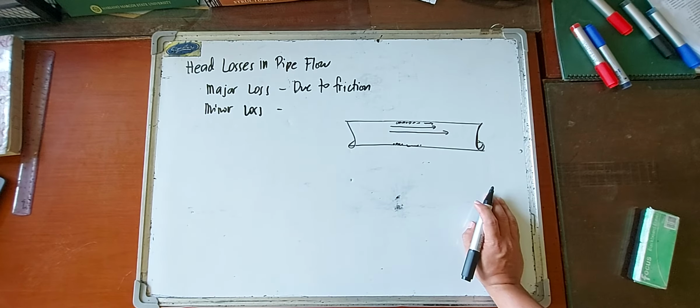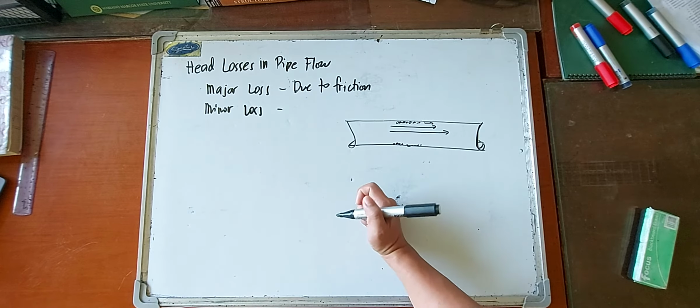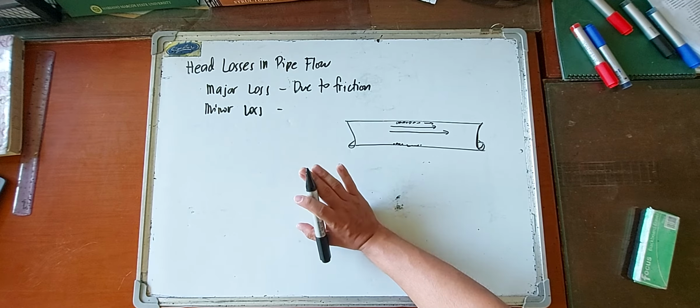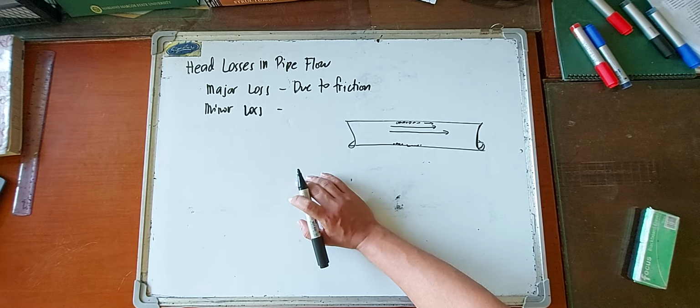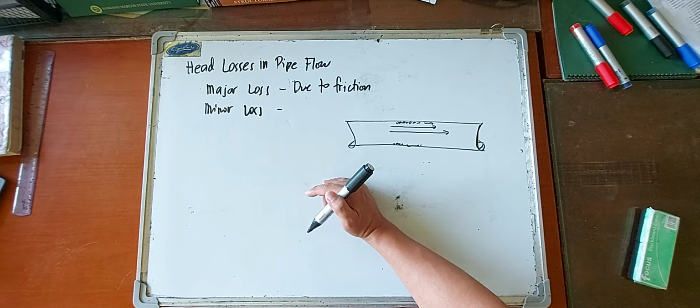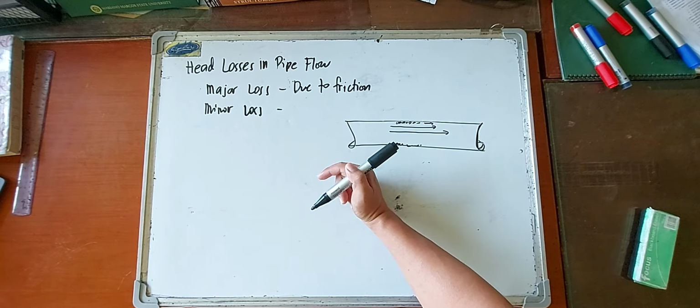So in the study to determine the loss governing the loss of head due to pipe friction, it has been observed that the resistance to flow is, so na-identify dun sa modules natin. So this is true to all major head loss formulas, no? Sa subject na we're going to discuss tatlo yung mga commonly used formulas to compute for major head losses or friction losses. Okay, so number one,